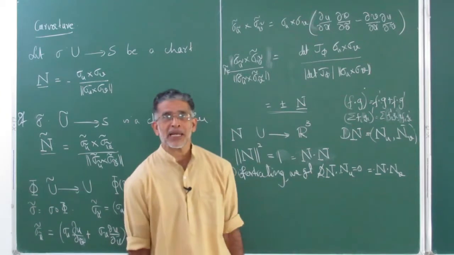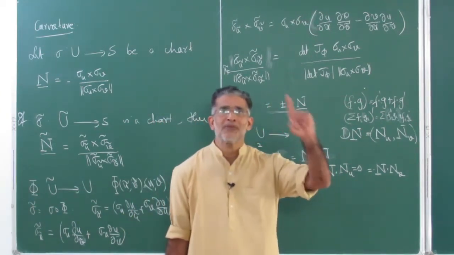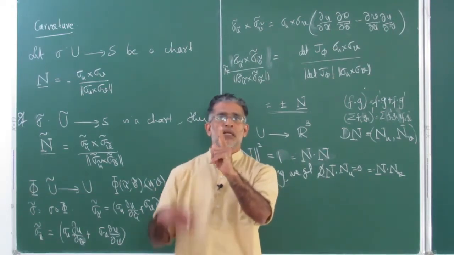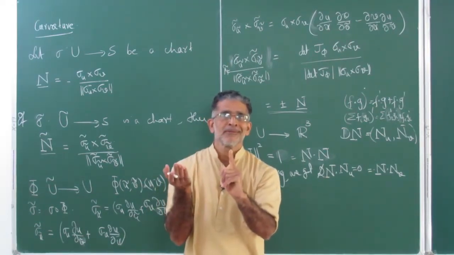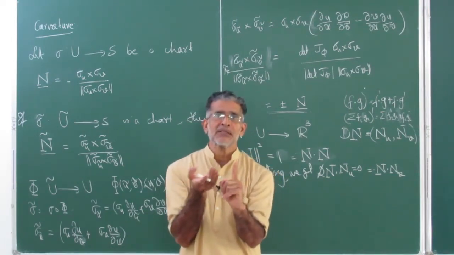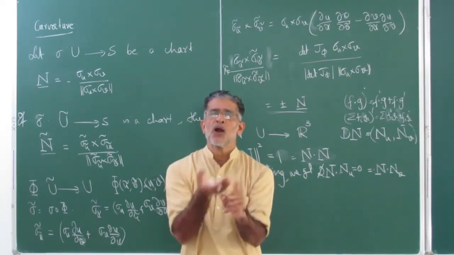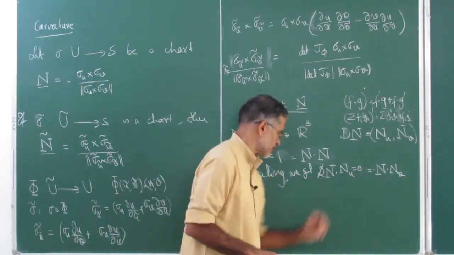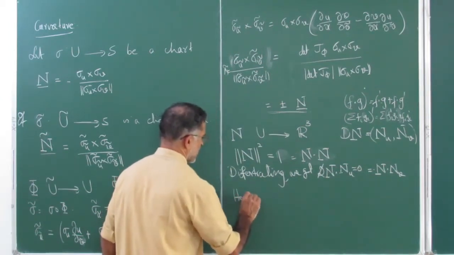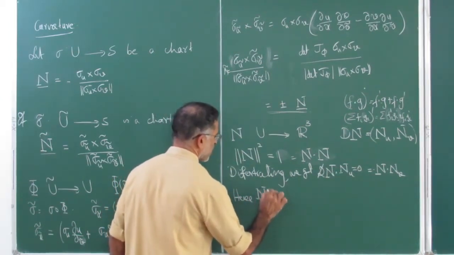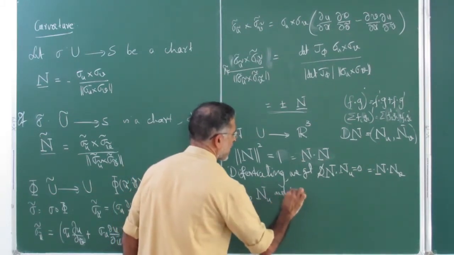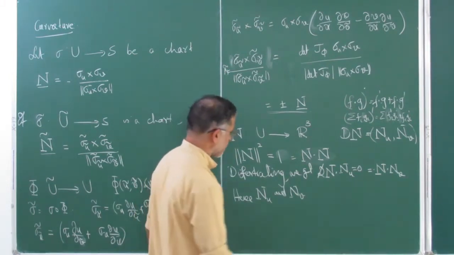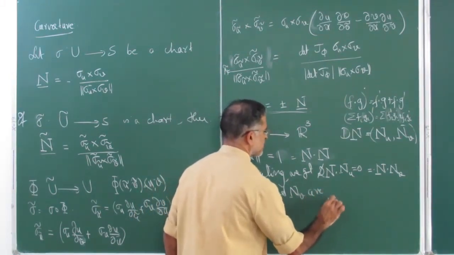So both nu and nv are orthogonal to the normal vector. These are vectors in R3 perpendicular to the normal vector. What are vectors perpendicular to the normal vector? They have to be tangent vectors. The tangent space itself is defined as all vectors orthogonal to the normal vector. So hence both nu and nv are orthogonal to the normal vector and therefore are tangent vectors.